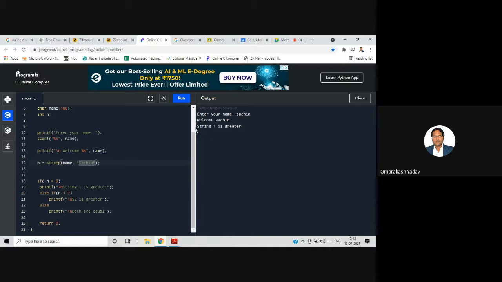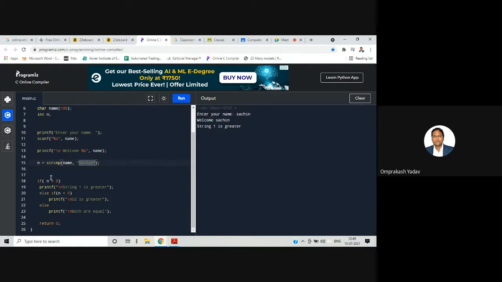If you see here, string 1 is greater, that is the string with the small letter s is greater than the capital letter S, because the ASCII value of the small letter s is greater. So we have studied two functions, strcmp and stricmp.